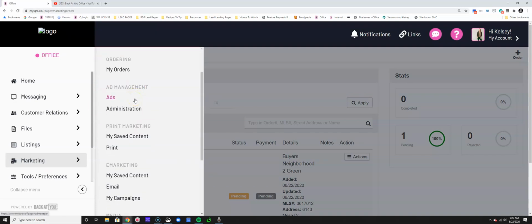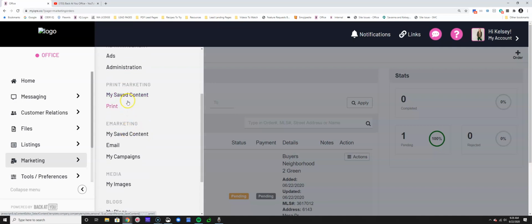The next piece of, are there any questions there before I go on to print or email marketing? Are there any questions about postcard orders? Awesome. So the next section that we're going to talk about is